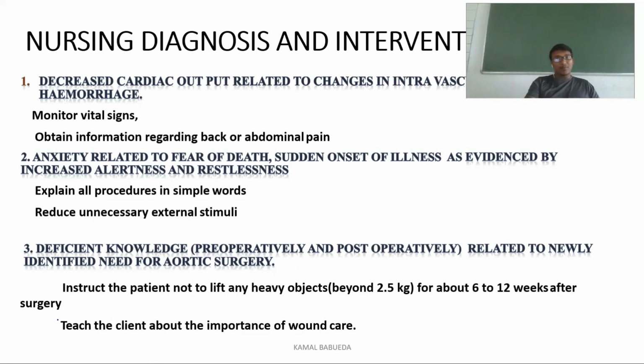So all these are some of the nursing diagnoses and nursing interventions that you can use in aneurysms. Not only this, these diagnoses can be used in different diseases also based on the need. Cardiovascular diseases most often will have these types of nursing diagnoses only. You can write them in simple words.